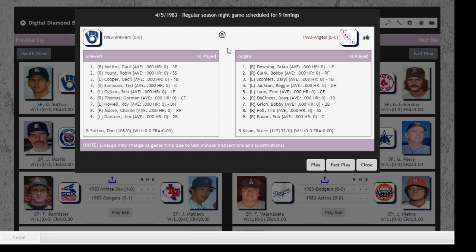Alright, so here it says as played lineups, so I'm not going to modify these. Knowing what I know about the Angels, you can see that there were some injuries here already. Rod Carew not in the starting lineup here. I've got Reggie at DH, and the right fielder, I think that year they had Ellis Valentine. Yeah, the rest of the lineup looks pretty much as expected. And the Brewers